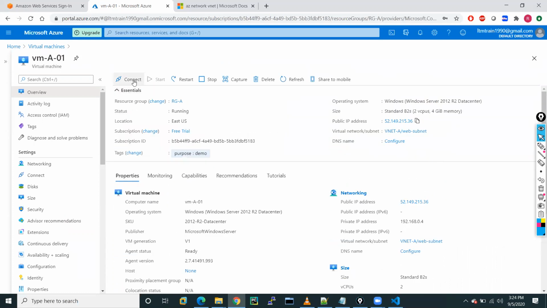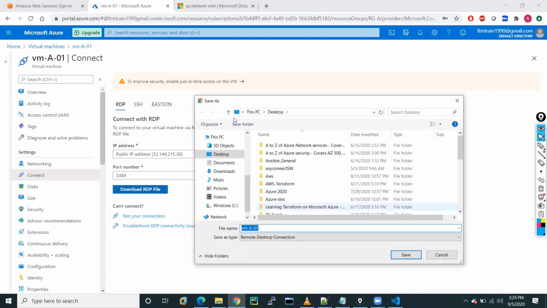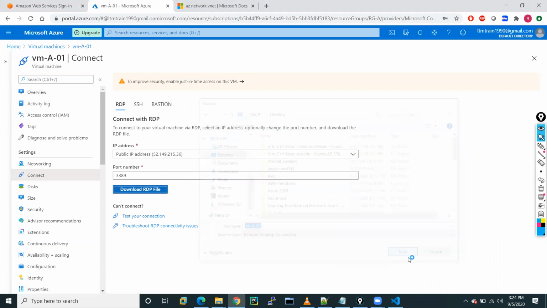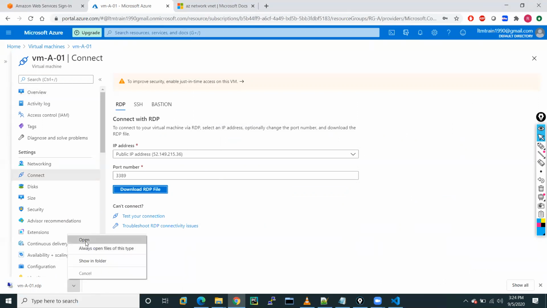If you want to connect, you can click over there, RDP. You can download this file, save it somewhere on the desktop, and then run this file. That's one option.